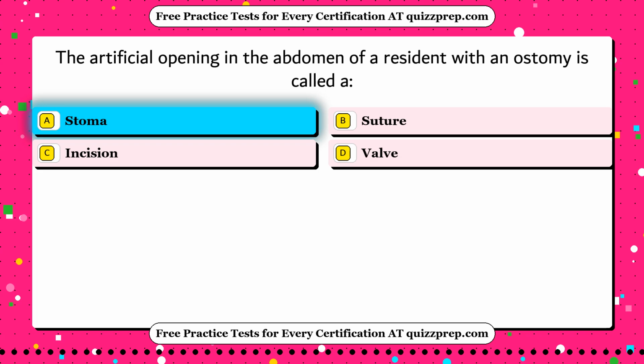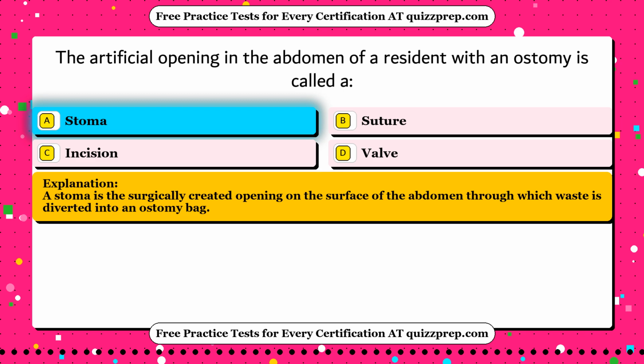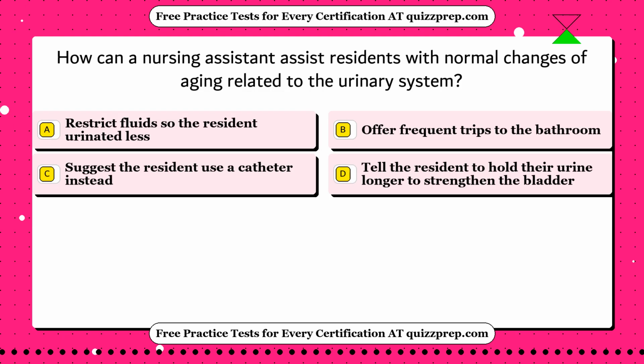The correct answer is option A, stoma. A stoma is the surgically created opening on the surface of the abdomen through which waste is diverted into an ostomy bag. Question 52. How can a nursing assistant assist residents with normal changes of aging related to the urinary